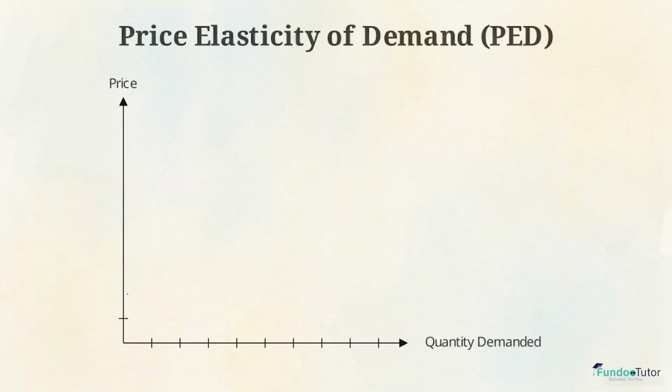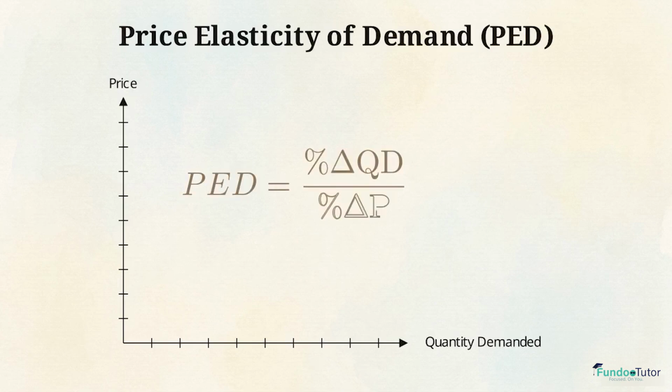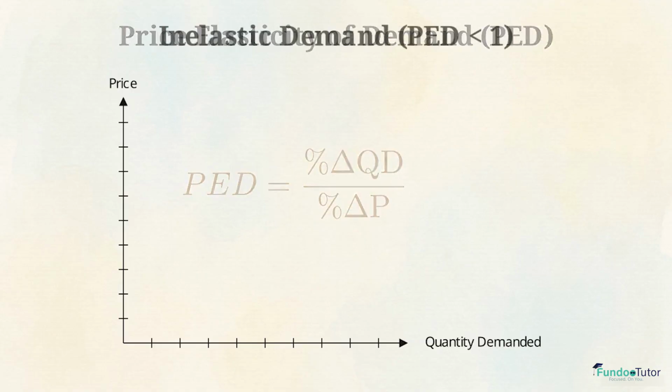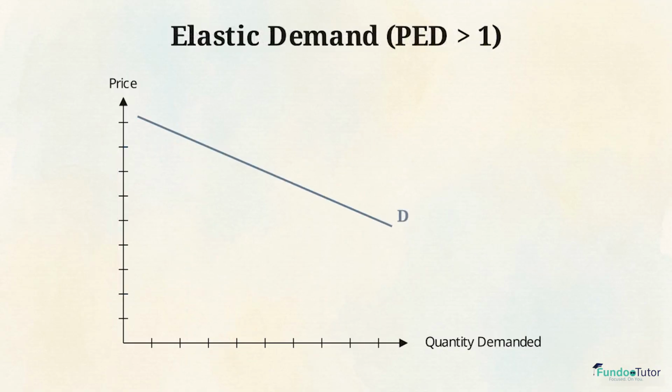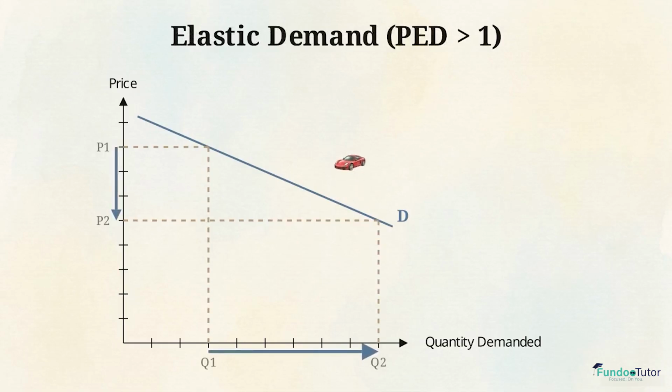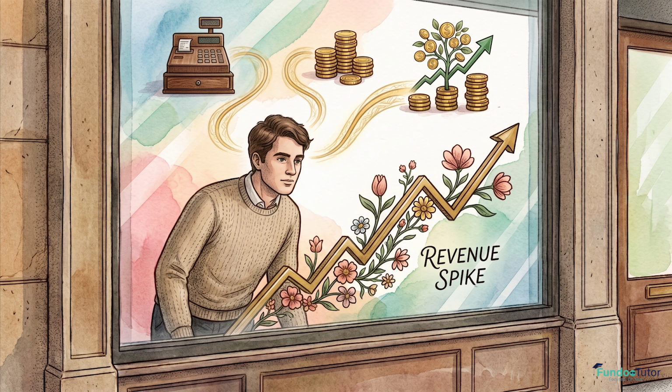When we look at how consumers react to the prices born from these choices, we measure it using price elasticity of demand, or PED. The formula to remember is the percentage change in quantity demanded divided by the percentage change in price. If demand is inelastic, meaning the PED is less than 1, a huge swing in price causes almost no change in the quantity demanded. People still need to buy their medicine and fuel regardless of the cost. If those goods were highly responsive to the price drop, demand would be elastic. Calculating PED dictates exactly how businesses should set their prices to maximize revenue, and it allows governments to accurately project